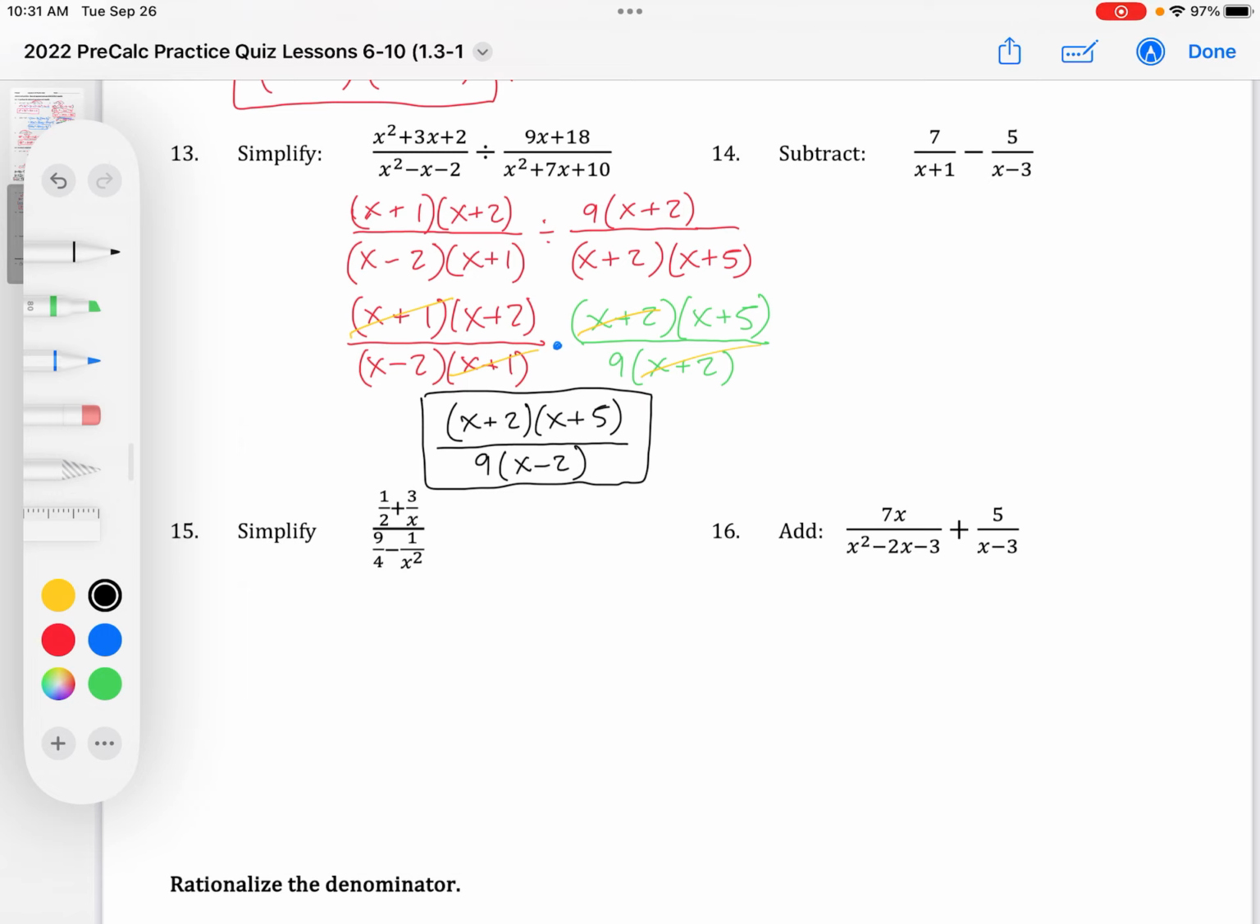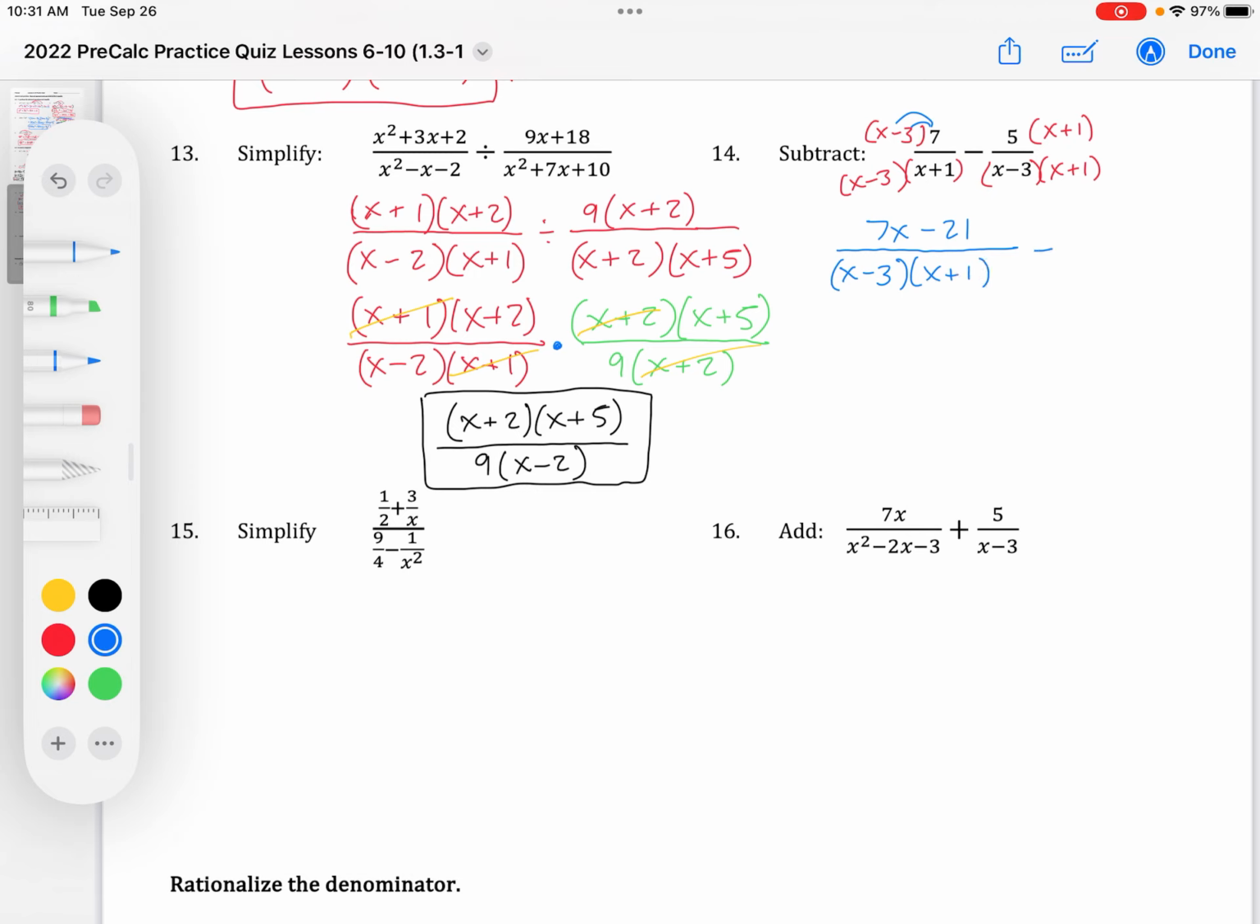All right, in 14, we're going to subtract, so we need a common denominator, which in this case, we're going to get by just multiplying the top and bottom of this by x plus 1, which is the other denominator. This one we're going to multiply by x minus 3, which is the second denominator. All right, so here's what this turns into. Distribute in the top, and you get 7x minus 21, all over x minus 3 times x plus 1,